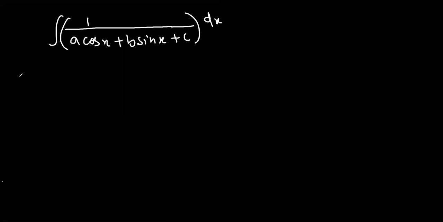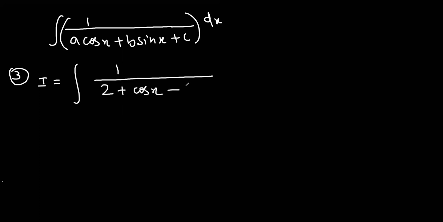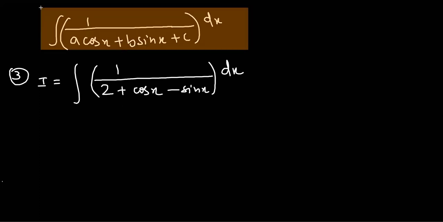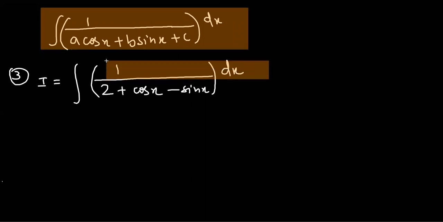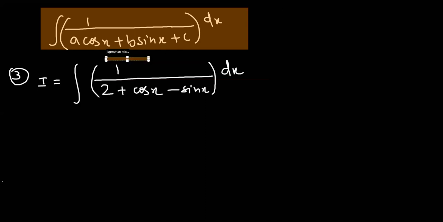So I take the third problem here: the integral of 1 upon 2 plus cos x minus sin x. What are the things which I told you to recognize the type? You can recognize this type by the numerator. The numerator has to be 1 dx. So see, you have 1 dx in the numerator. What more should be followed? The denominator should have